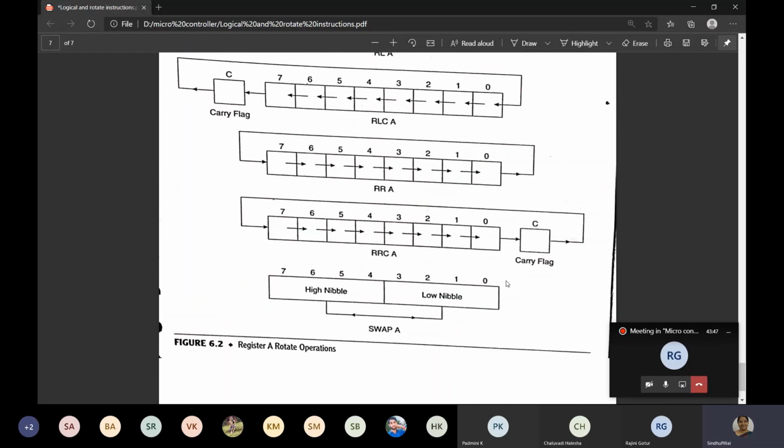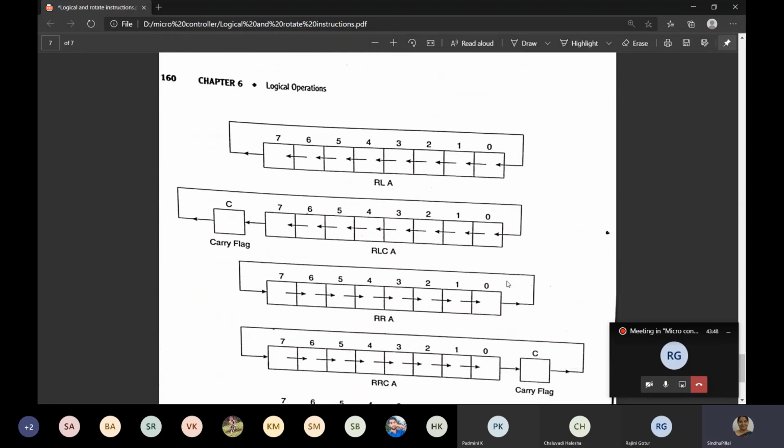Today we saw all the logical operations like AND, OR, XOR, complement. Then we saw rotate right, rotate left, rotate right through carry, rotate left through carry, and the swap instruction. Then we saw the program to complement the contents of the accumulator 700 times.